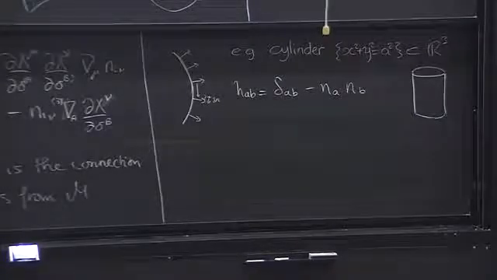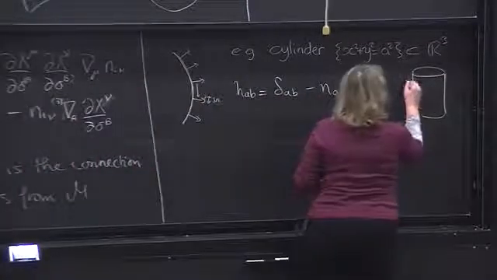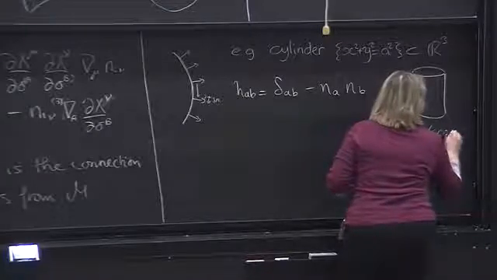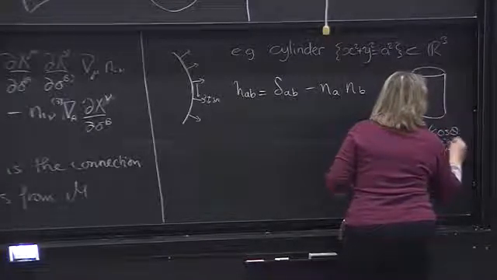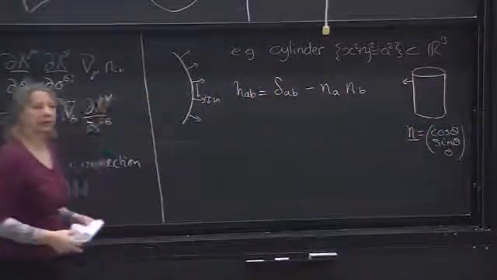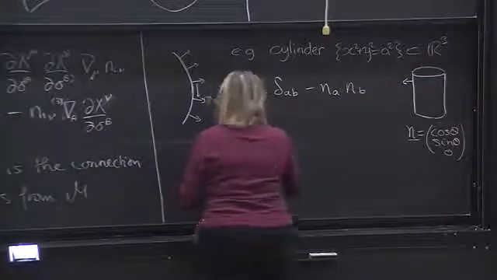My first fundamental form is just the Kronecker delta minus n_A n_B. Now what's my normal? Well, the normal lies in the xy plane, and it's just (cos θ, sin θ, 0) if I represent it in polar coordinates. So my h_AB